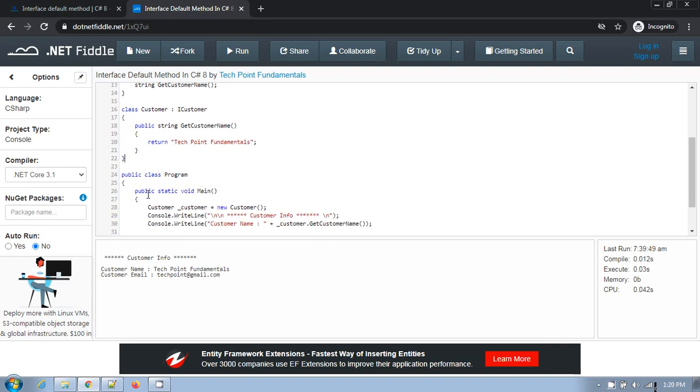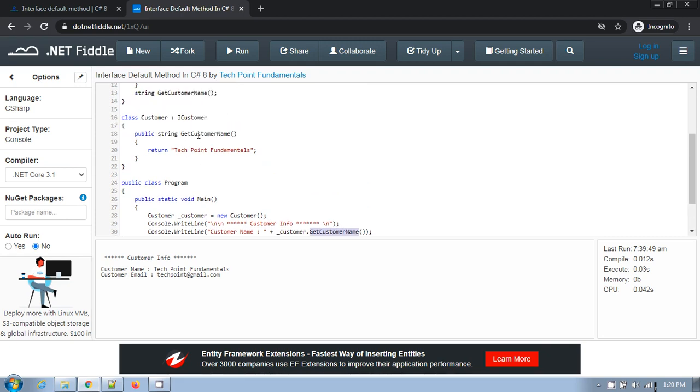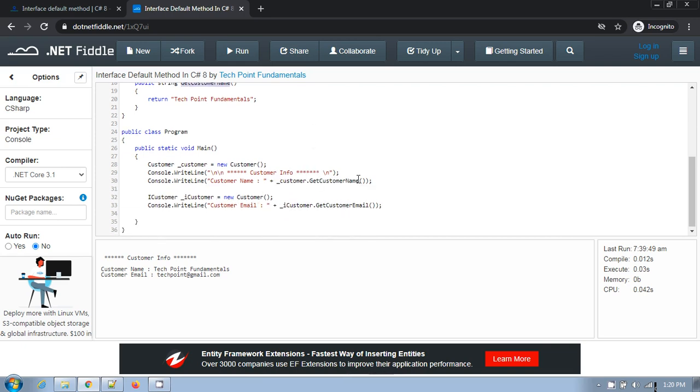In the main method I have created the object of the Customer class, and with the help of this object I can access the customer name method which the class has implemented. But I can't access the default method of the interface with the help of this customer reference variable.